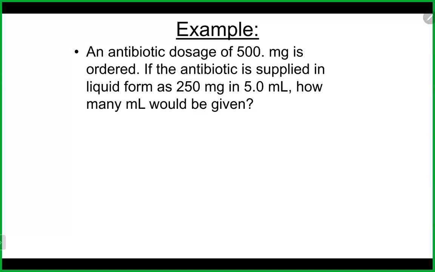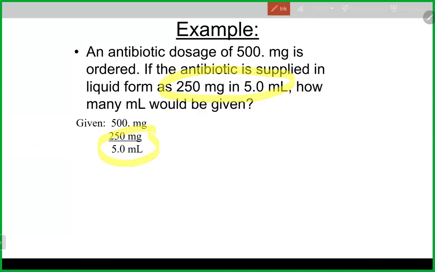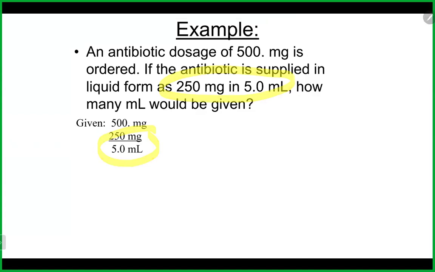Okay, so let's take a look. So here, information given to us, obviously given here a couple pieces of information. We have 500 milligrams is our ordered dosage. We actually have a conversion factor that is given to us here in the actual problem. So again, a lot of times you will have conversion factors given to you in the problem, which means we can use it like I wrote it there. We could also, if we needed to, flip this conversion factor over and use it